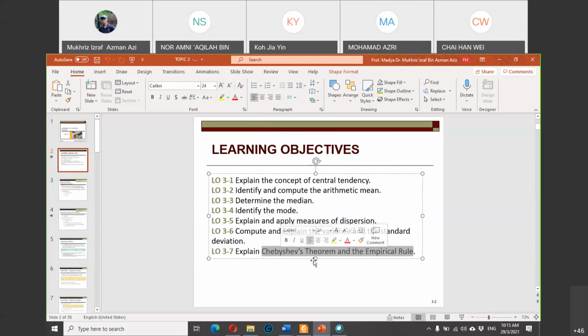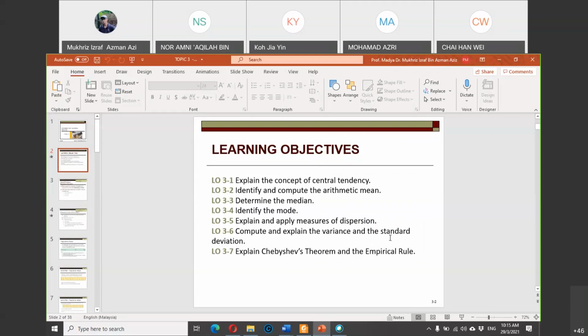This last theorem will not just be applied in topic number 3 alone, but also for the rest of the syllabus. So you need to understand why we learn these two theorems, because in statistics and also in economics, whenever you collect data, especially with the empirical rule, whenever you want to perform hypothesis testing, the argument you use to justify whether to reject or accept your hypothesis will be partly or mainly based on this